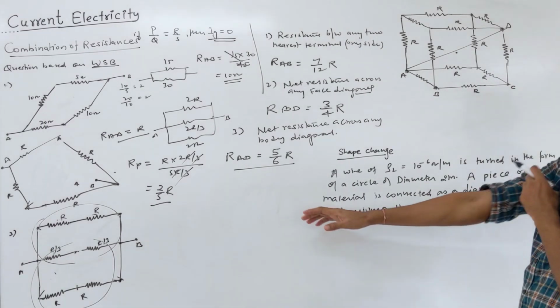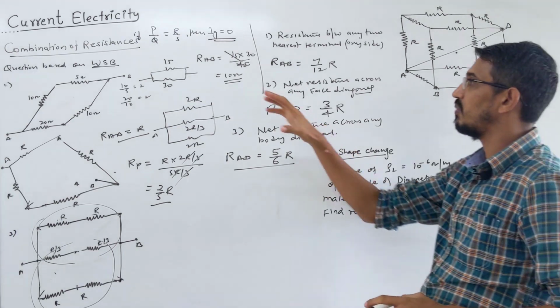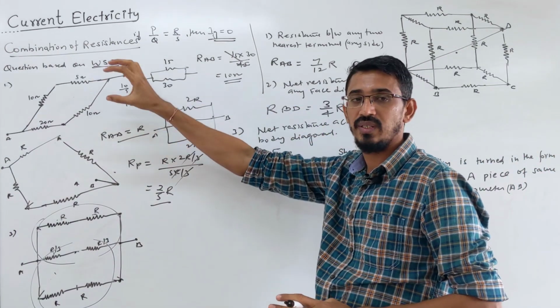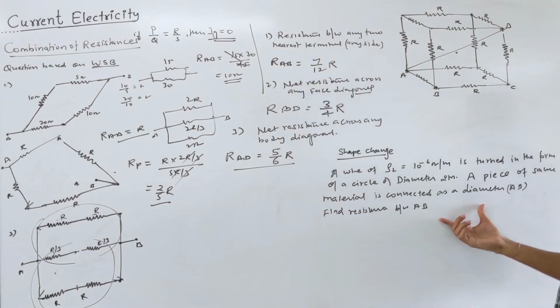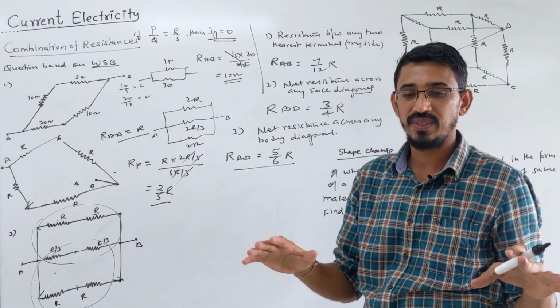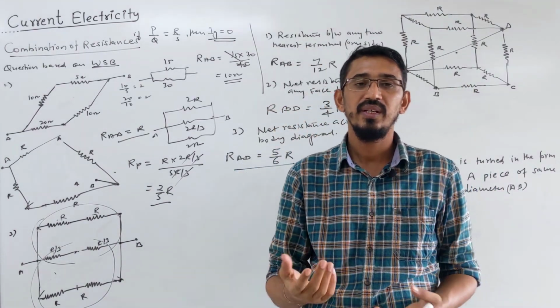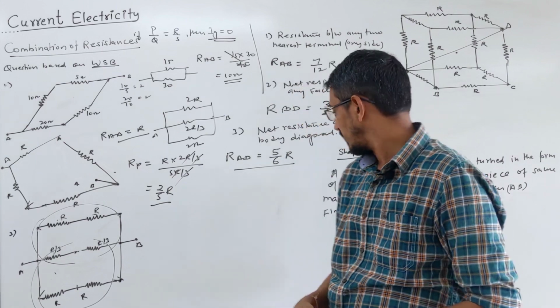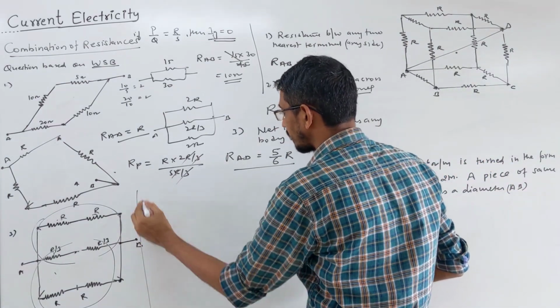Okay, so I discussed many types of questions based on the Wheatstone bridge. The Wheatstone idea will be clearer when we learn this topic in the next lecture. And let's say this type of question, when you are changing the shape of the object, generally they say a wire is given to you, and the wire is turned into a triangle or a circle. It is a very easy question they ask. I gave a little difficult one here. First look at how they ask the easy one, which I discuss here.